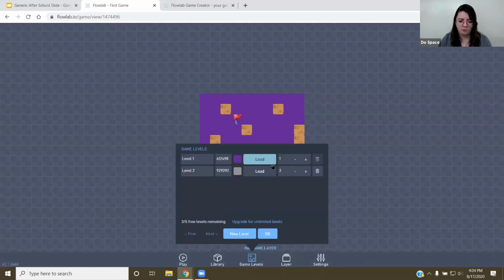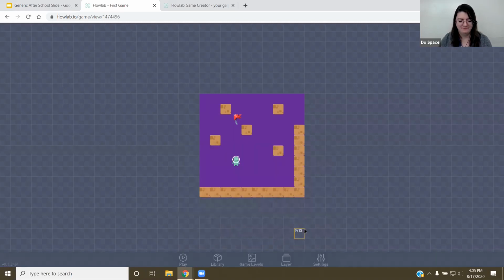Now here, this is the order in the levels that show up. So 1 for the first one, 2 for the next. You of course have to create a behavior to change it. But if I click plus here, you notice level 1 just went down, level 2 just went up. I'm gonna click minus here, level 1 is back up. And click OK. Okay, there you go. So that is mostly all the basics of editing this.